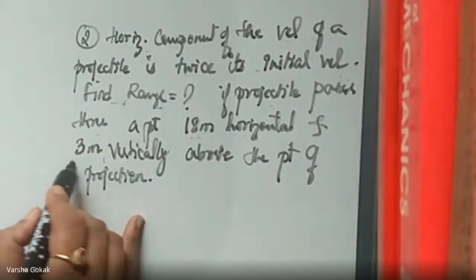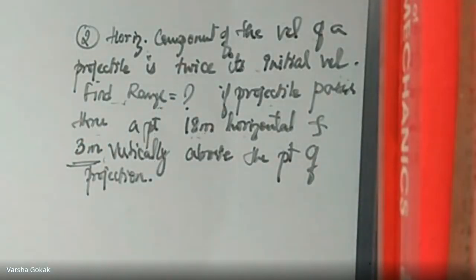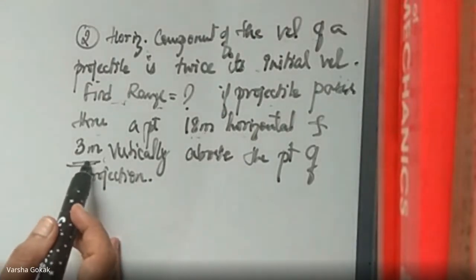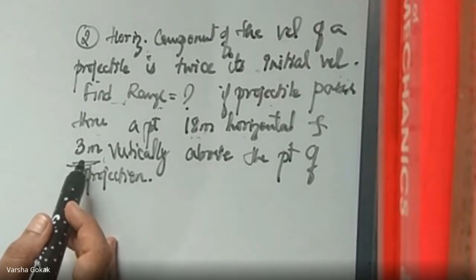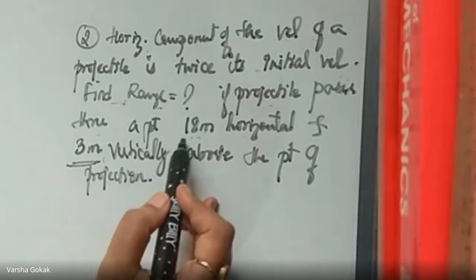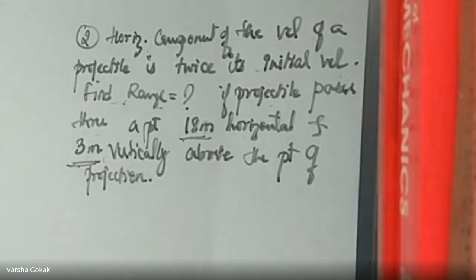Maximum height is 3 meters and horizontal distance is 18 meters. But how can you tell you're on the right path? How can you tell this is maximum only? He has not told it is maximum. If it is not maximum, then what is this distance? You're correct, it is an XY point on that projectile line. This is not the maximum height, but these two are the x and y coordinates of some point P.